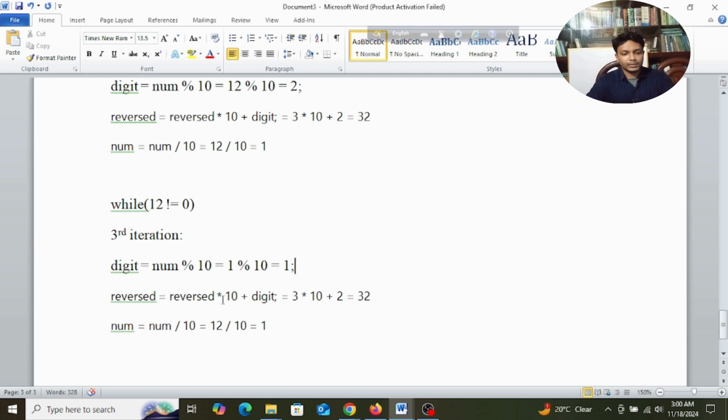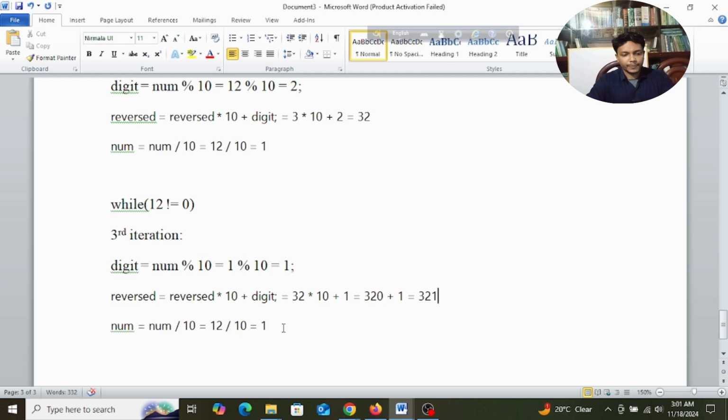So what was the reversed, guys? Reversed was 32, right? So 32 into 10 plus digit, and digit was 1, right? So 32 into 10 is 320 plus 1 equals